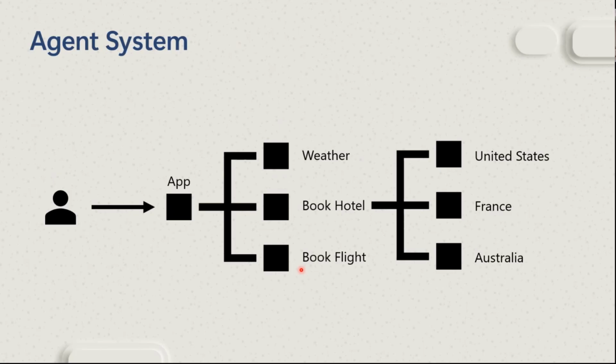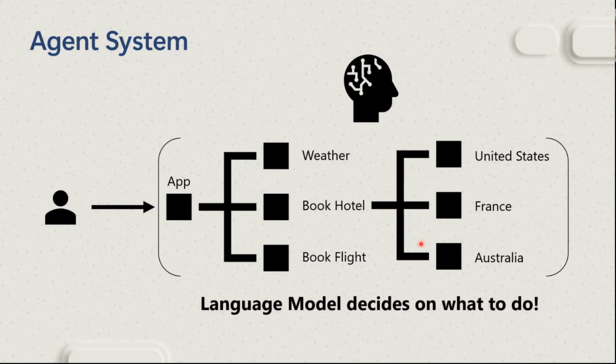Now, with an agent system, you still have that tree, you still have those different sets of, as you call them, flows. But what will happen is you have a large language model that will decide what to do. You'll remove that if and else statement in your code and somehow inject a large language model that, based on the query and the interaction, will decide what flow to take. I know it sounds magical, but it actually is right now. So I'll show it to you through code.